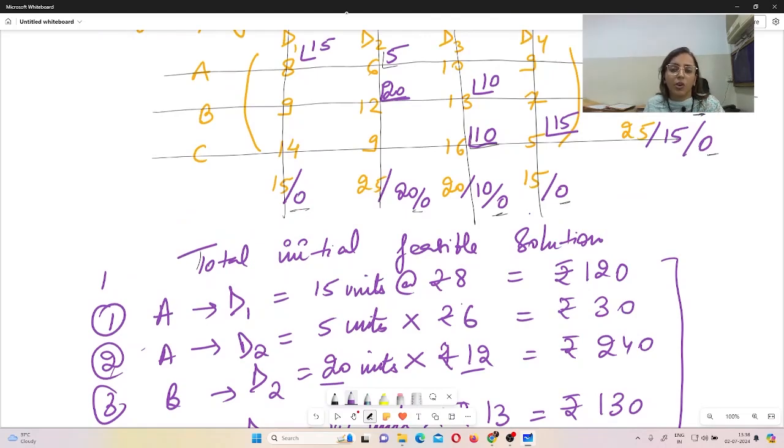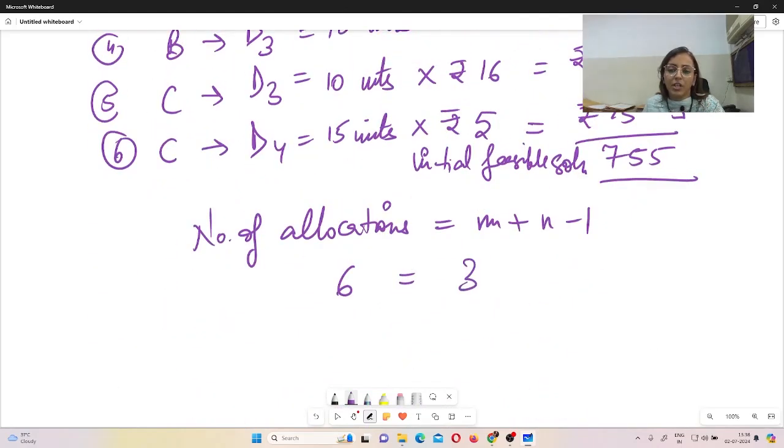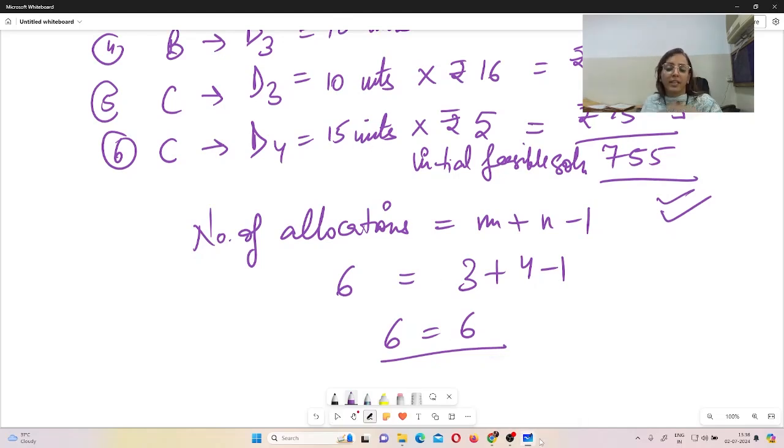3 rows and 4 columns are there. 3 plus 4 is 7, and 7 minus 1 is 6. So 3 plus 4 minus 1 is 6. Yes, the number of allocations is equal to m plus n minus 1. So this is your feasible solution. That means you are able to find the initial feasible solution by this question. This question we will do in the next